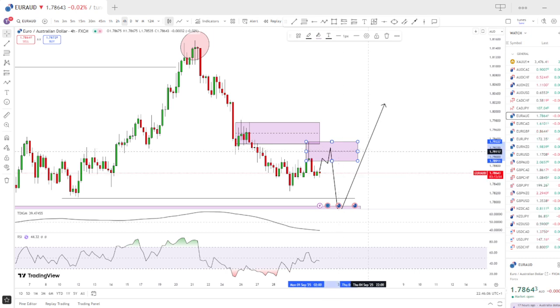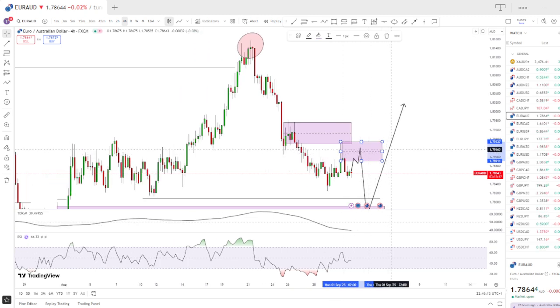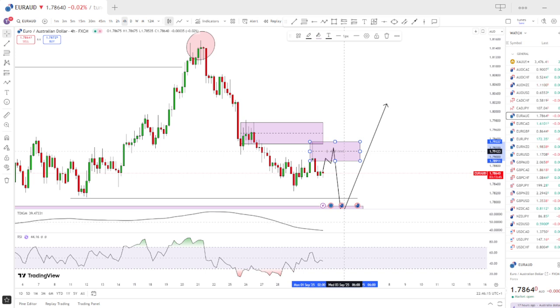What I'm trying to say right now is you should also be very cautious with this. If at all I get to see that this zone doesn't hold up, I might change my bias to a bullish sentiment and then just watch out for a break and retest. So just for this and